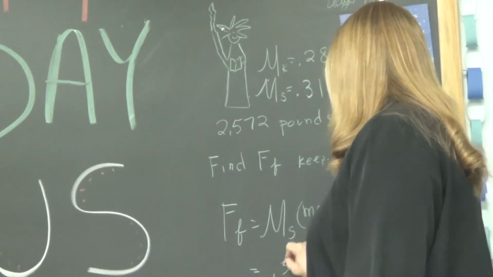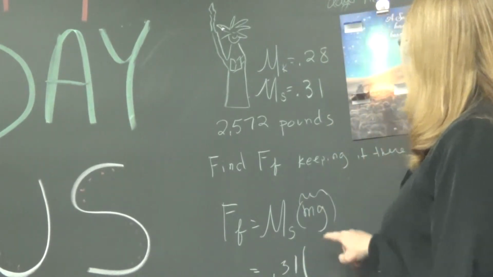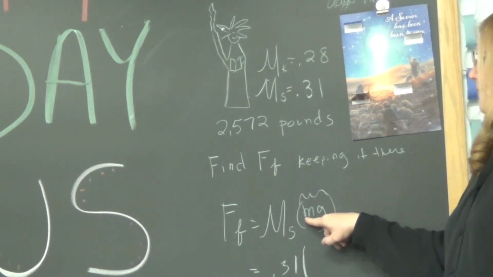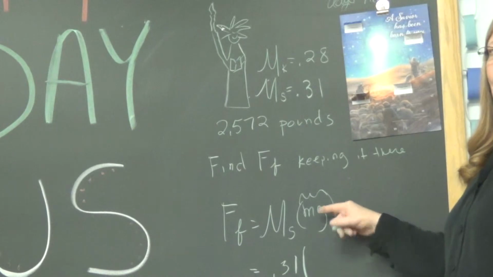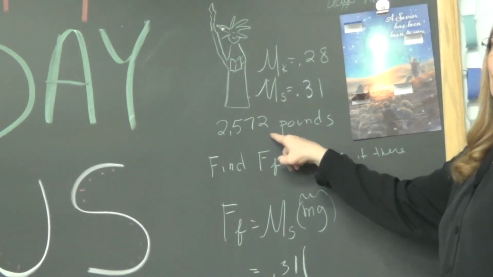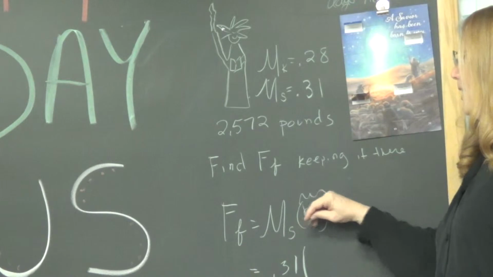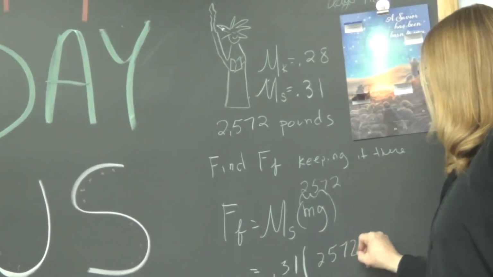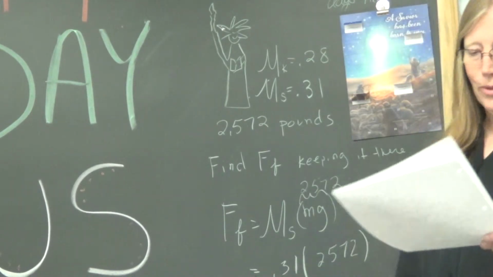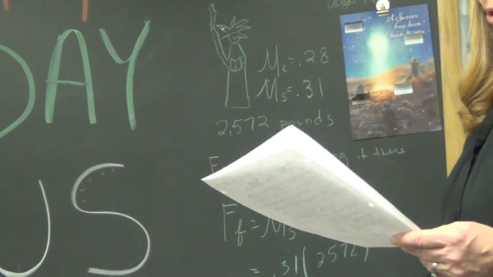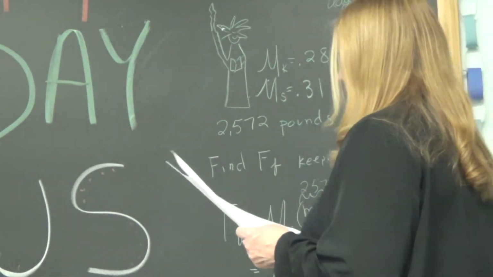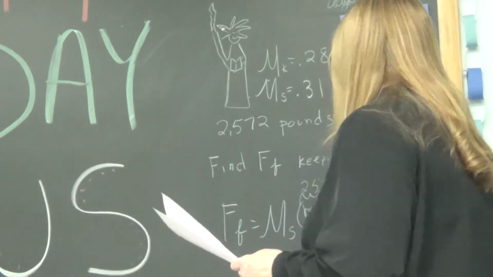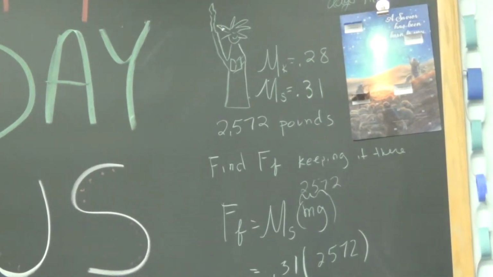mu_s is 0.31. mg is, if we knew the mass, we don't, because mass is in kilograms or slugs. And g, we could get the weight, but we don't have to worry with that. They gave us the weight. So mg combined is 2572. It's just the weight. So 0.31 times 2572. Did you get 797.32? Yep. Changed to 2 sig figs would be